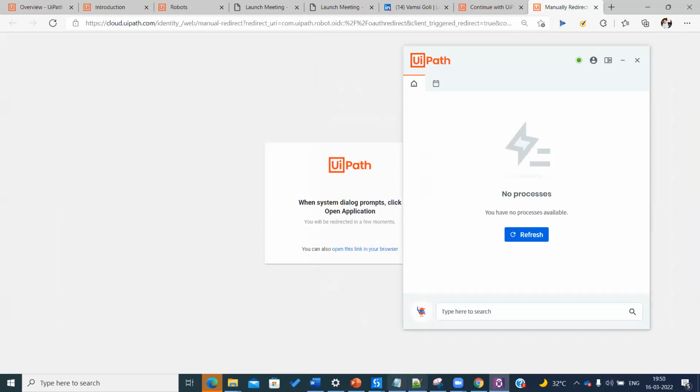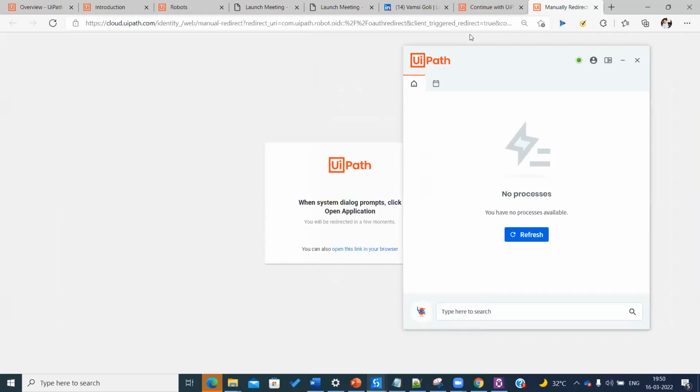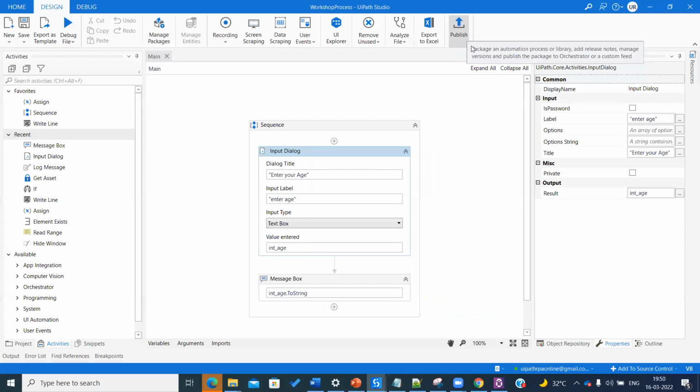That means we have not deployed any package. Deployed means, if in upcoming days you see a word called deploy, that means a package to be deployed from your Studio to that relevant Orchestrator, let it be dev Orchestrator, stage Orchestrator, or the production Orchestrator. Now, if you see, this is again turned to green color. That means you are connected to the Orchestrator. This is as simple.